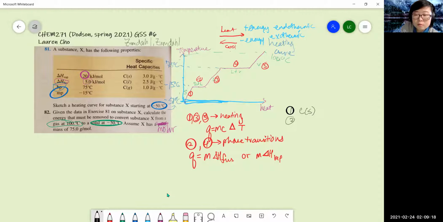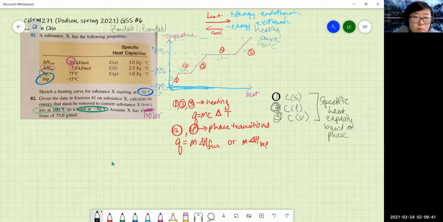For 2 or for 3, you'd be using it for the liquid, and for 5, you'd be using it of vapor, specific heat capacity of the vapor. Remember, the specific heat capacities vary. It varies based on phase or state. And then once you have that, you just need to